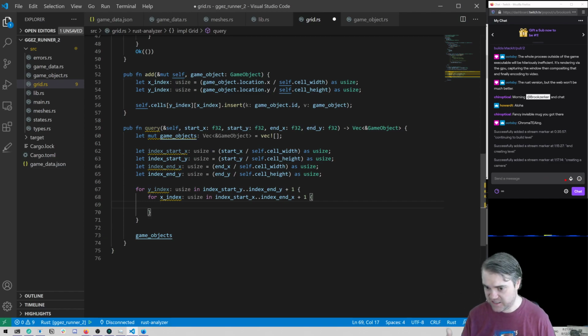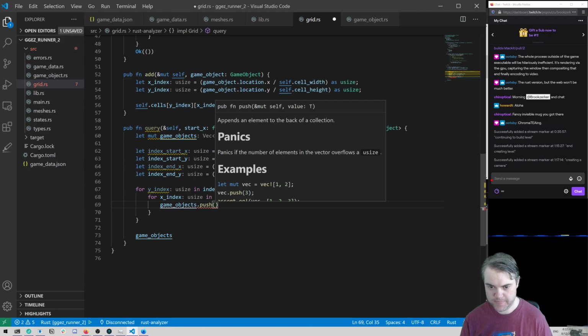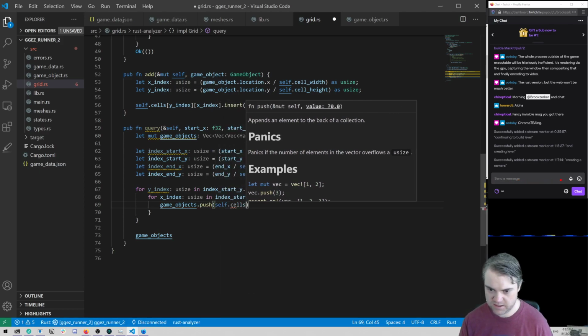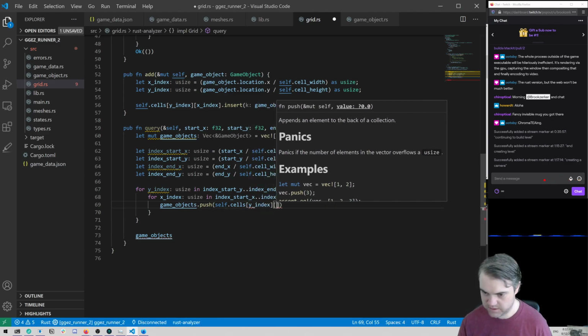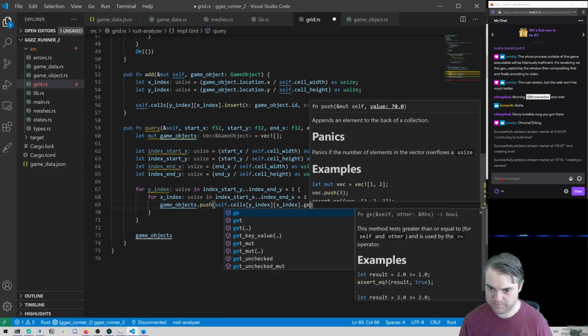So then we can get access to the cell, essentially. For those cells, we want to iterate through them, extract them out, and then push those into these game objects. So game objects.push. And this is going to be self.cells, y index, x index, dot,